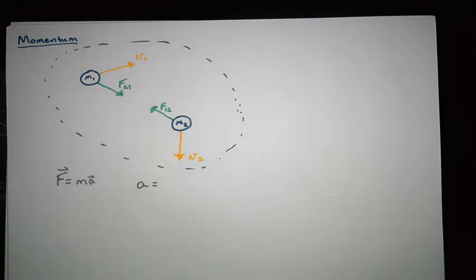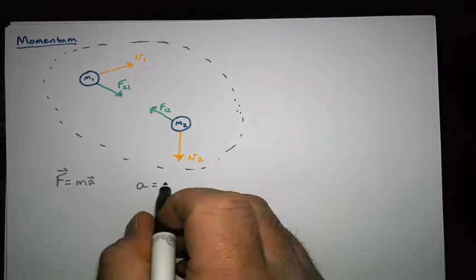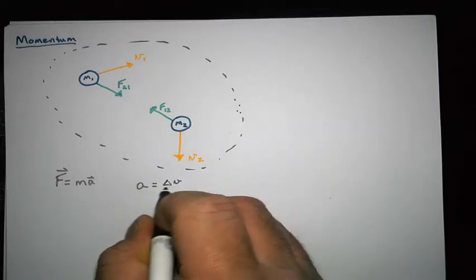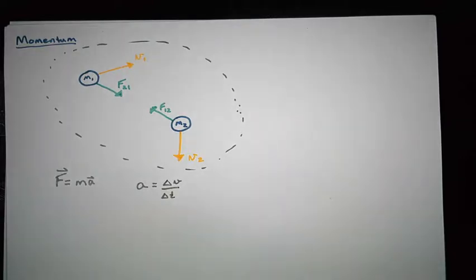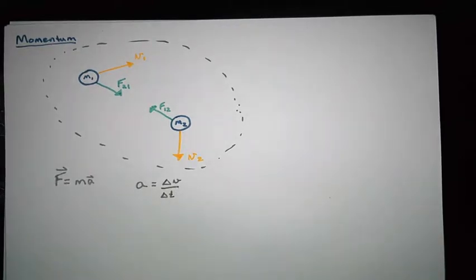Change in velocity. Not just change in velocity, it's change in velocity with respect to time. If we change our velocity from 5 meters per second to 7 meters per second, we have a change of velocity of positive 2 meters per second, right? Acceleration is that 2 meters per second that occurs over a unit of time. So our acceleration is really equal to our change in velocity over our change in time. Hopefully this rings a bell with you guys.